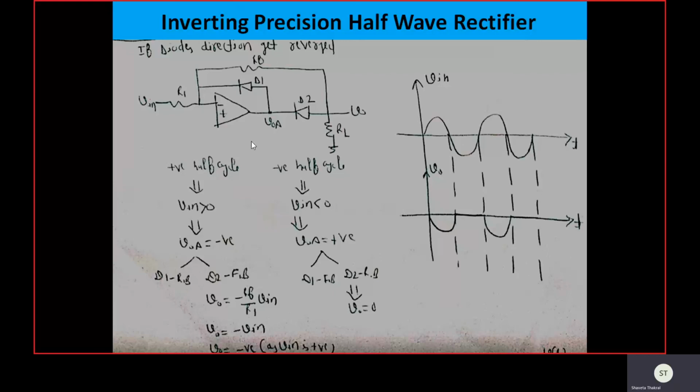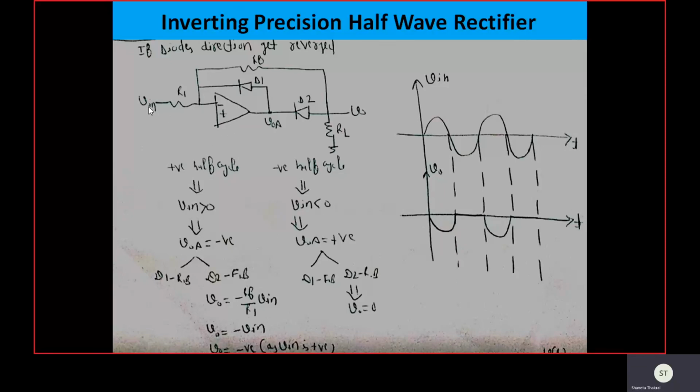than 0. So VOA point will get the negative potential because this is an inverting operational amplifier. Here we need to connect it to ground because this is the inverting operational amplifier. So the non-inverting input terminal will be grounded. This is the connection we have missed. So we can connect one ground at this point.